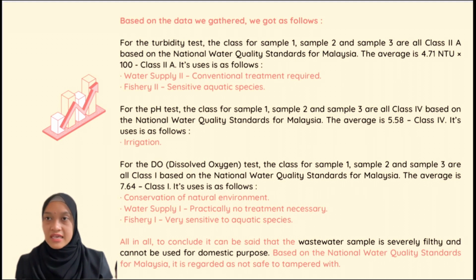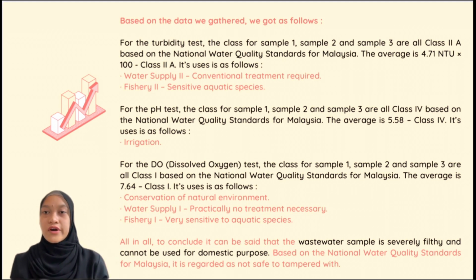For the pH test, the class for sample 1, sample 2, and sample 3 are all in class 4, based on the National Water Quality Standards for Malaysia. The average is 5.58, class 4. Its uses is as follows. Irrigation. For the DO, dissolved oxygen test, the class for sample 1, sample 2, and sample 3 are all in